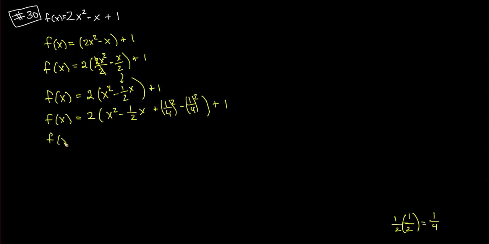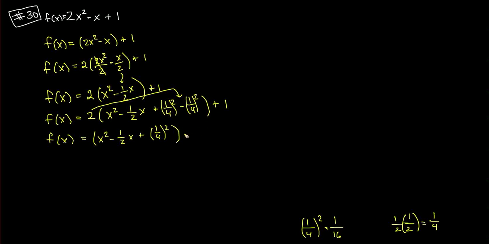And so now f of x is equal to, and this is the point where we multiply what's on the outside by this negative term. So the negative term is going to be 1/4 squared. And what's 1/4 squared? 1/4 squared is equal to 1 times 1, which is 1, over 4 times 4, which is 16. Right? So 2 times 1 over 16, really. So it's going to be x squared minus 1/2 x plus 1 over 4 squared. And then this term we took out, which is a positive times a negative, so a negative term, times 2 over 16,